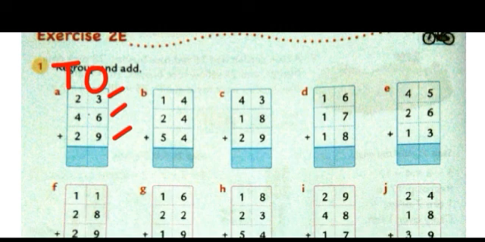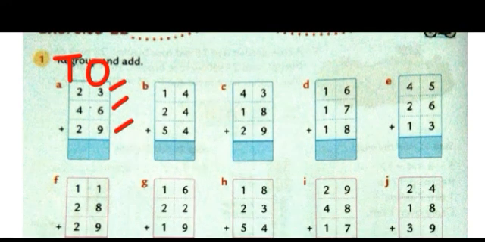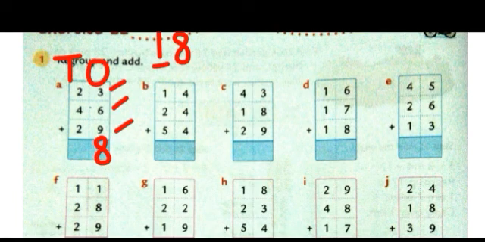look for the tens. There are no tens here. Look for the doubles. There are no doubles here. So the third step only is left, which says add in any order. Okay, so 3 plus 6 plus 9. When we count, it gives 18. So 18, as I told you, 8 will be written in the ones column and this 1 will go carry to the tens column. Now we move on to the second step, which says add the tens.